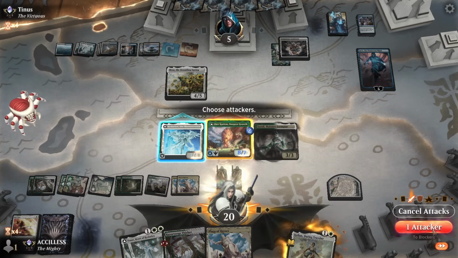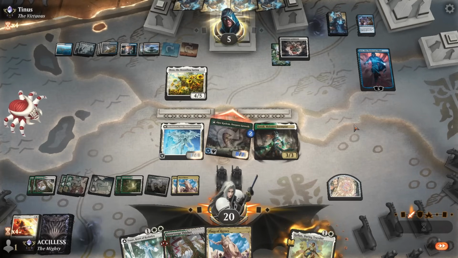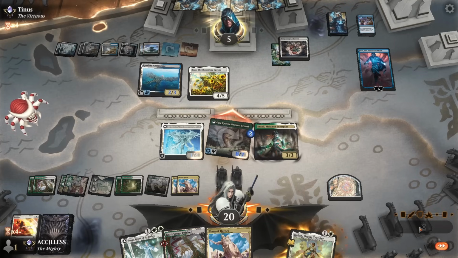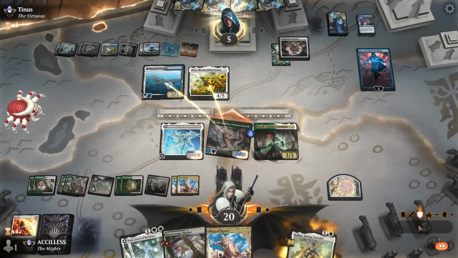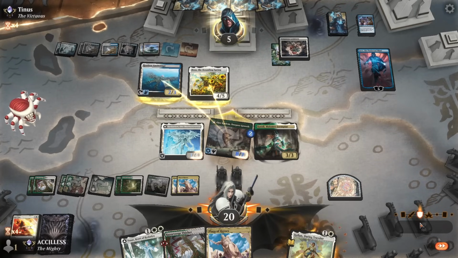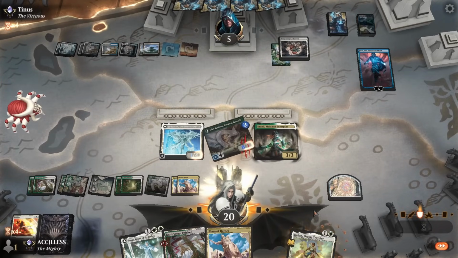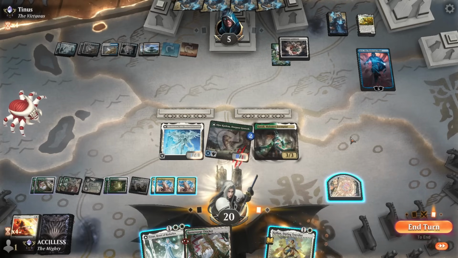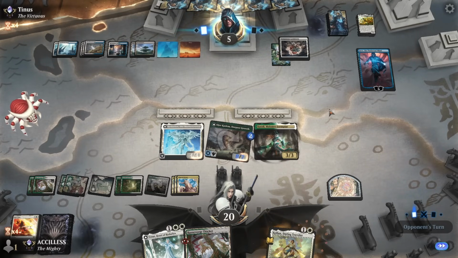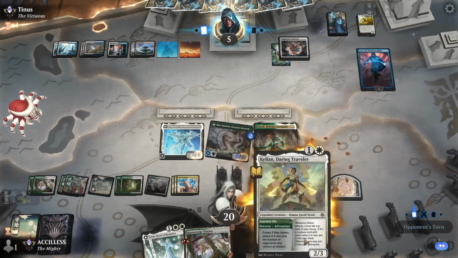I think we just have to swing at our opponent. We don't have a choice. Interesting. So they block the full amount of damage. I think we just have to pass like that. I could have went for the Kellan, but I don't want to deal with another board wipe. Potentially, of course. I mean, maybe I should have went for the Kellan, but...